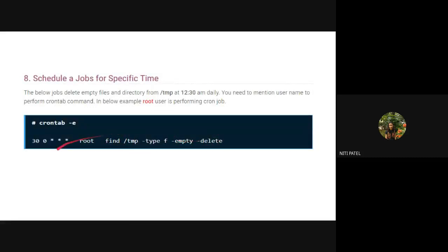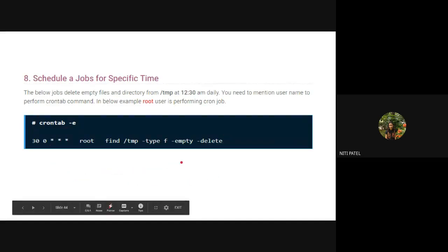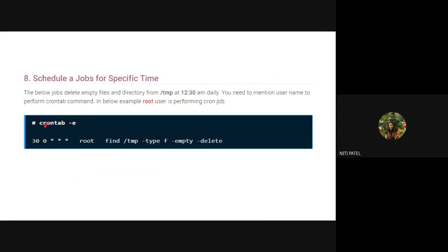But where should this happen? It should happen in the background. Why in the background? Because I have written crontab. But at what time should it happen? It should happen at 30 minutes 0. 30 minutes 0 means at 12:30 it should happen. Have I mentioned any month, year or something like this? No. So at 12:30, the root user will be executing this command in the background. And what is that command? That command is to delete the file named this inside the tmp folder. Okay.